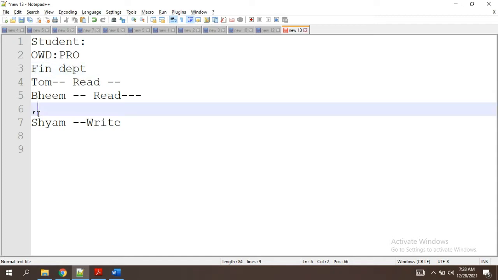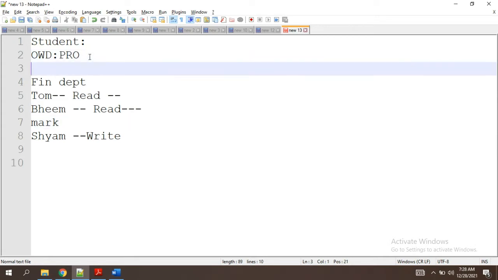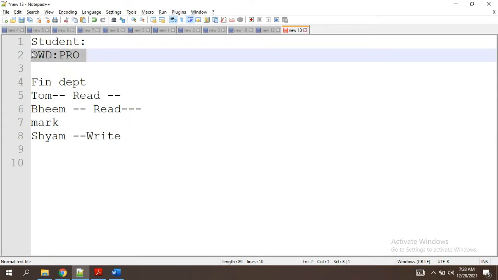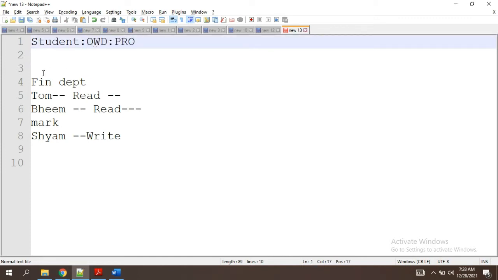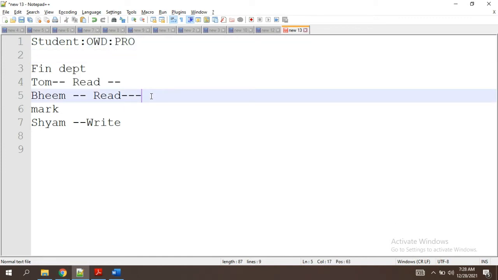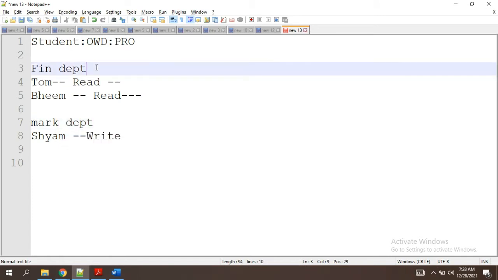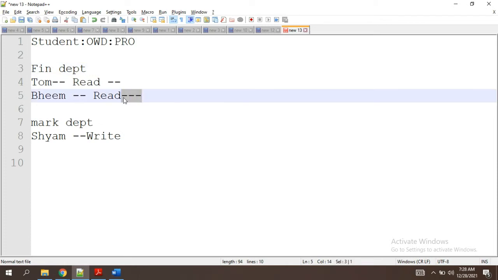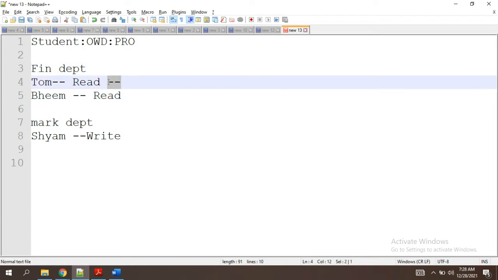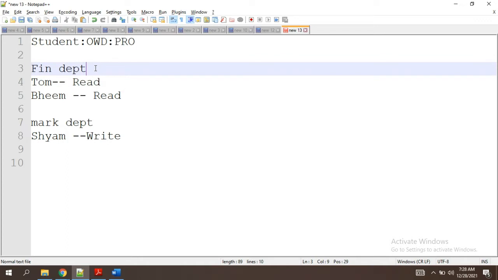And this person is part of the marketing department. Now tell me what should be the profile level access for this object. Read only, Kalpana.